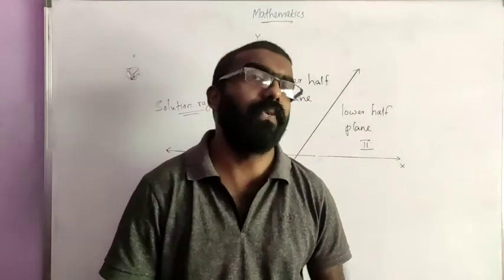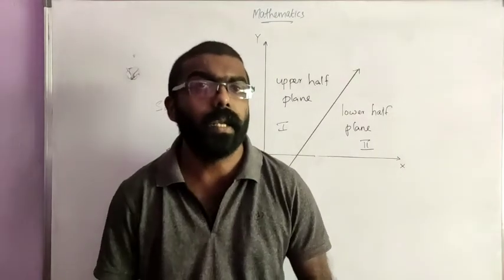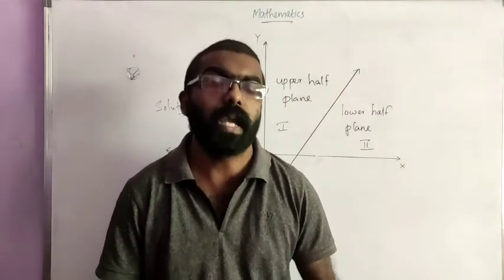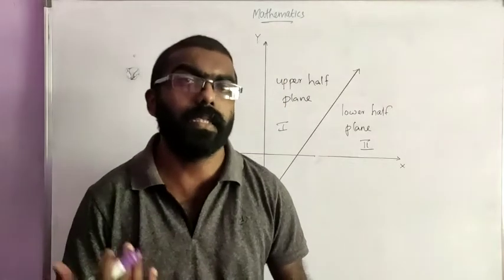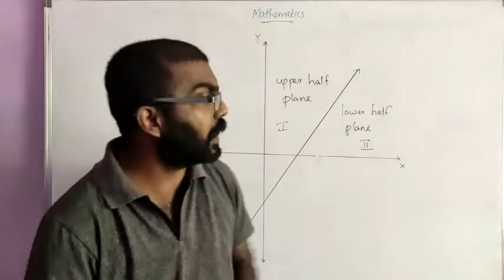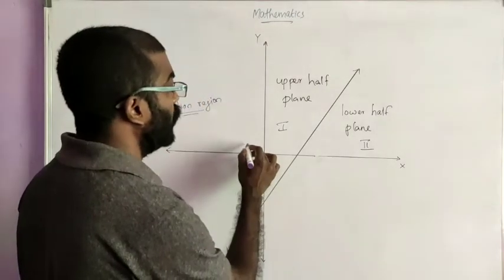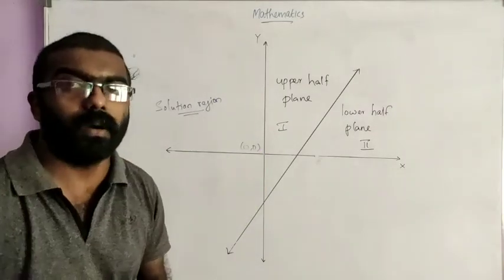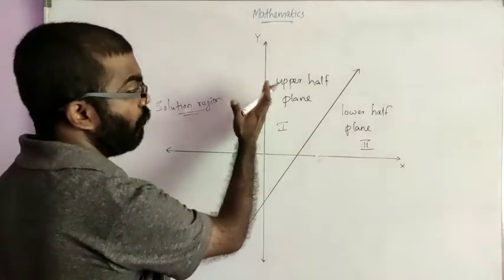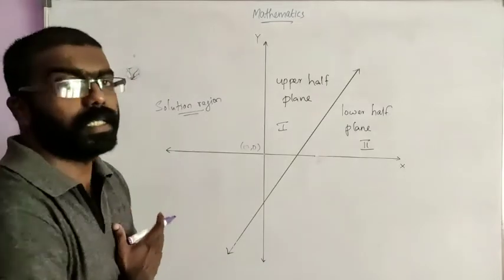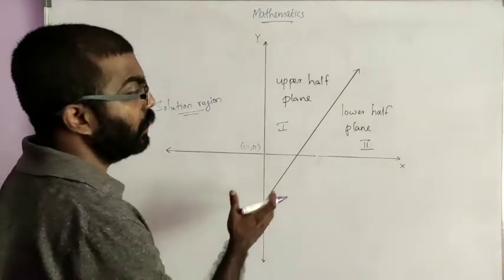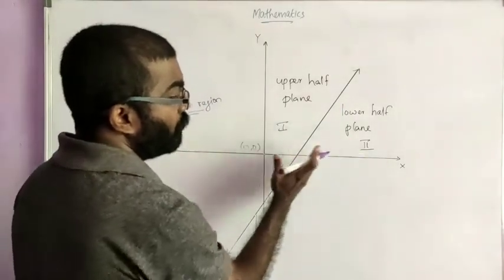Okay. In order to identify the half plane represented by an inequality, it is sufficient to check a point which is not on the line. We have to take a point which is not on the line and check whether it holds the inequality or not. Okay. Normally we take the point 0, 0 to check. So we can check the point 0, 0, and if the inequality holds true, then the upper half plane, this part, will be the solution region. If the point 0, 0 doesn't hold the given inequality, then the lower half plane, this portion, will be the